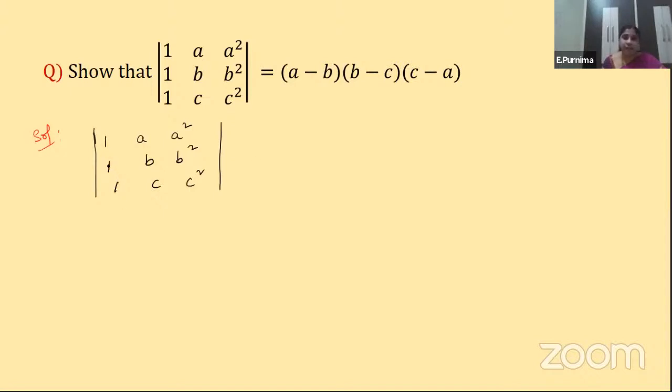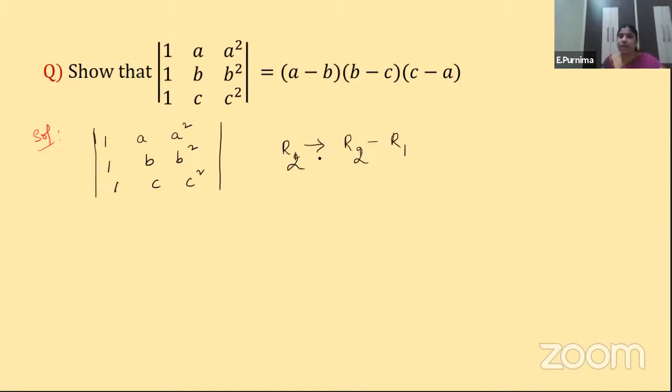Is it clear, children? So now here, where can you make zeros? Here 1, 1, 1 are there. How can you make 1 as 0? We can subtract 1 minus 1, isn't it? So the notation I am trying to do is R1. Sorry, because these are in the column, I'm trying to make the change in the rows. So R1 remains, and R2 tends to R2 minus R1. Anything we can write, children, no problem.